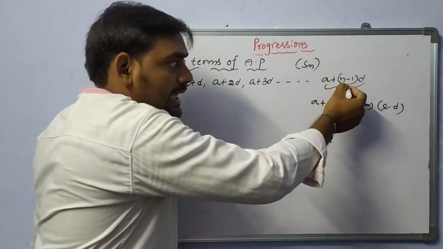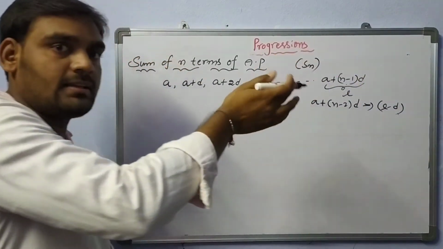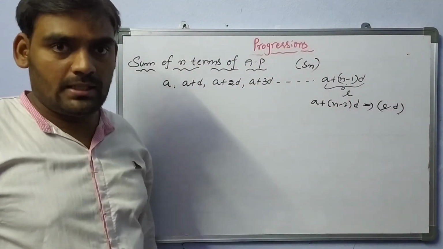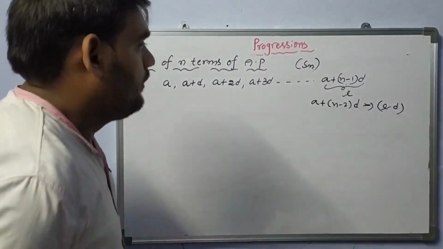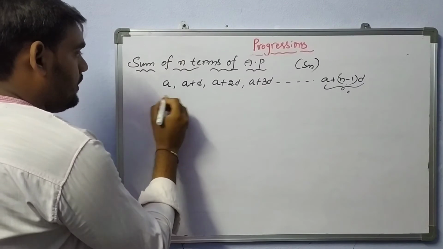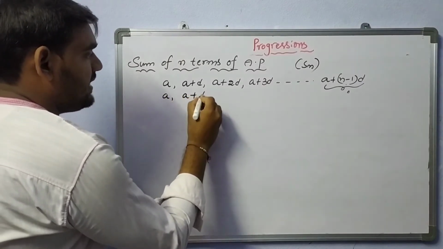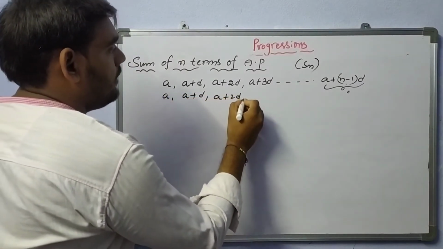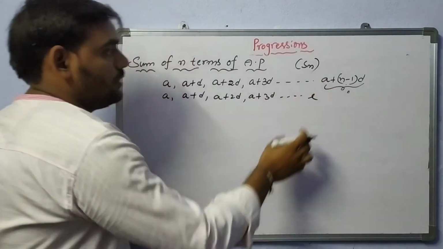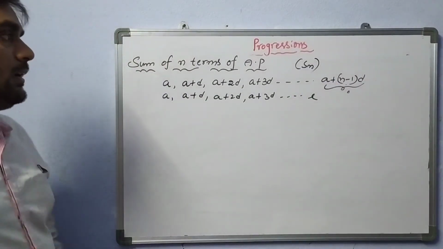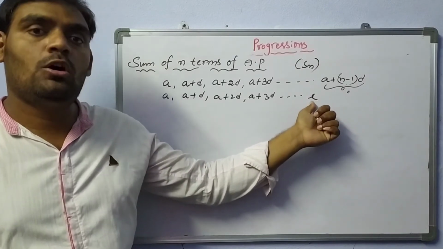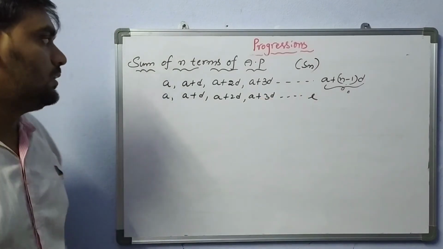At that time we are getting n minus 1. So before this nth term we will get the n minus 1th term. So that only here n minus 2 into d we will get. Now, when we take the last term as L, the standard form of AP will be a, a plus d, a plus 2d, a plus 3d, and so on, L. So I told you, a plus n minus 1 into d is nothing but the last term, which is represented with a small letter l.